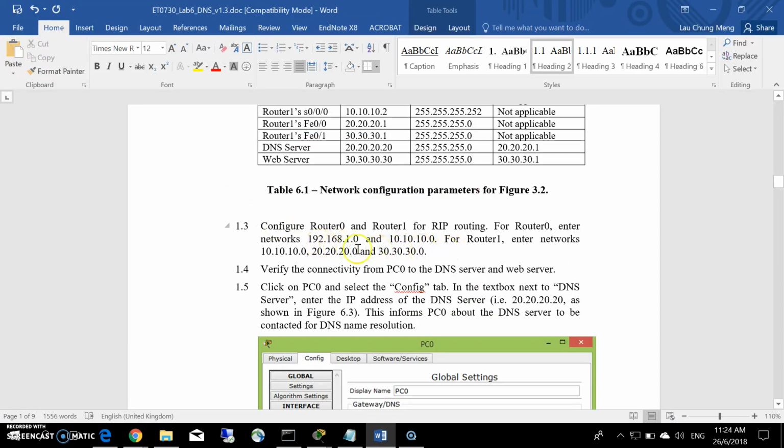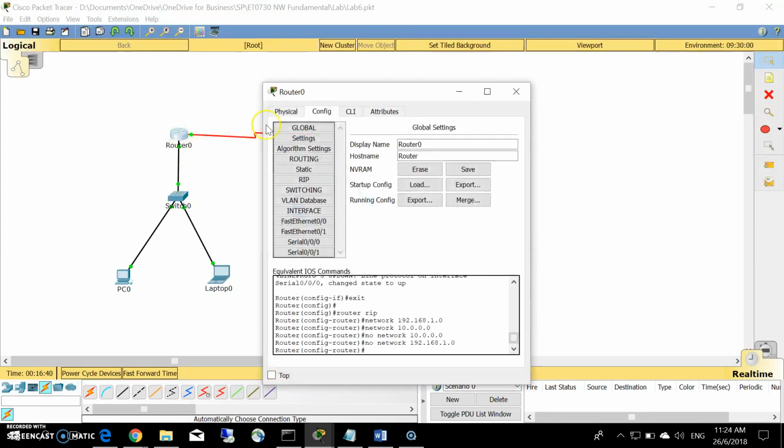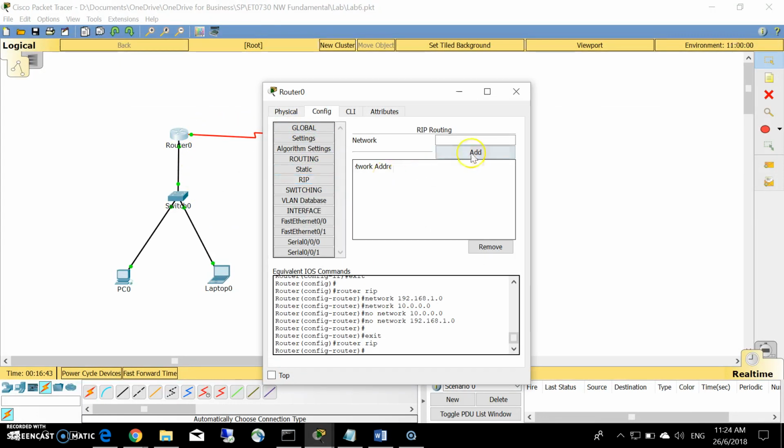So what we need to do is go to router, under RIP, add the first network, 192.168.1.0, add. The second network is the 10 network, so I'm going to add 10.10.10.0. Add.